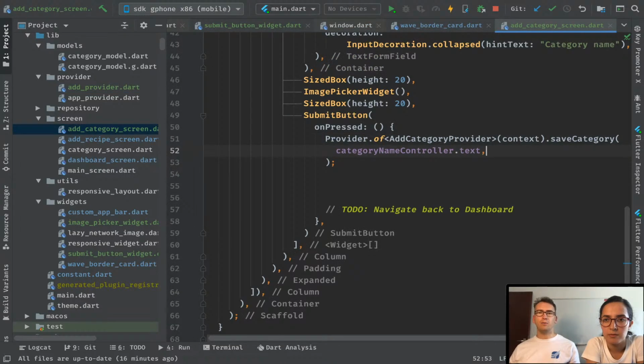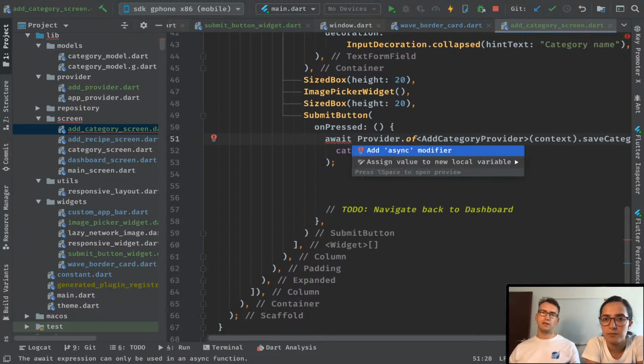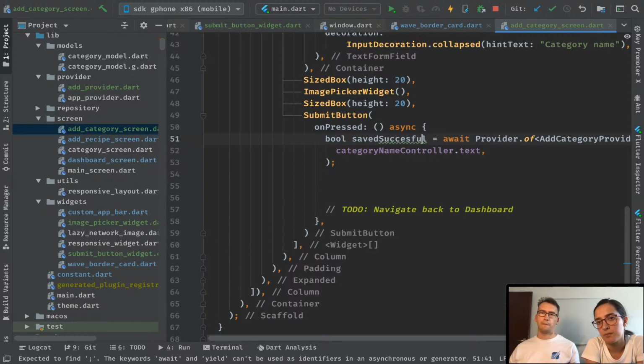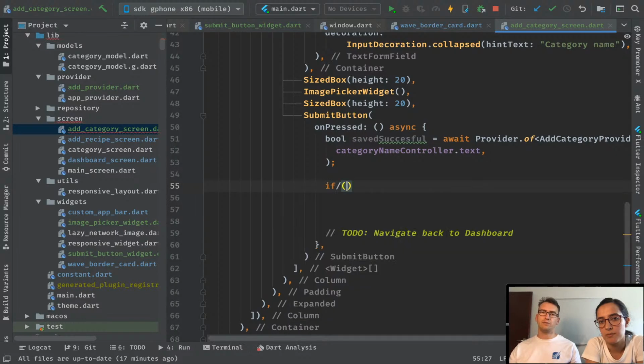Cool. And now whenever we receive something here, we can wait for it. And of course it's getting asynchronous, and we get a boolean, which is navigate or saved successful. And if this is the case, if